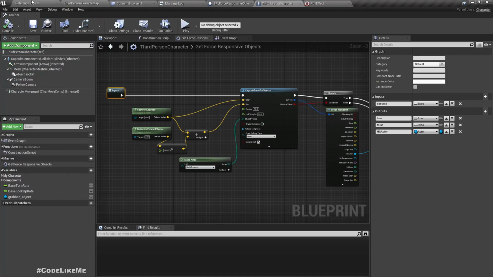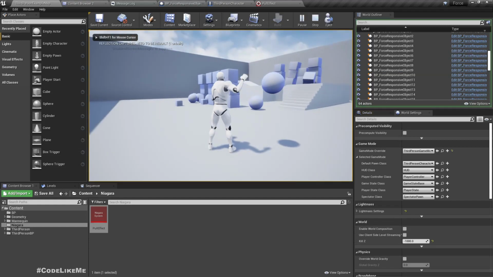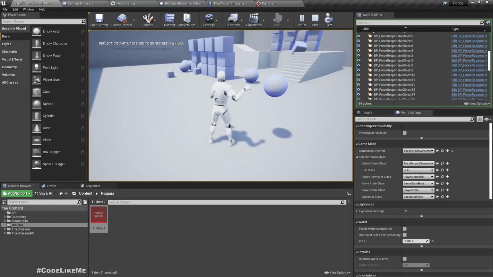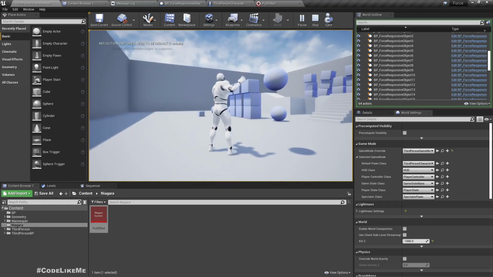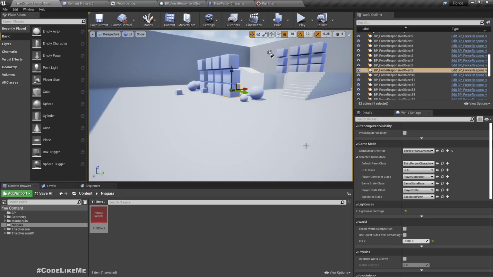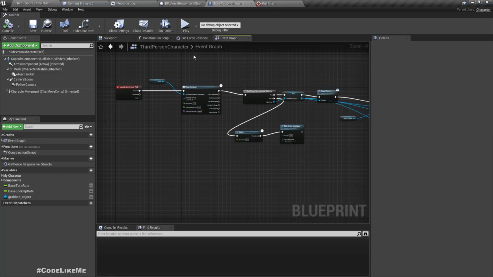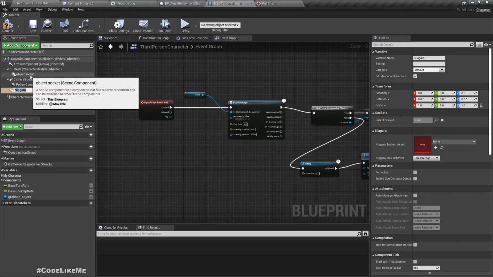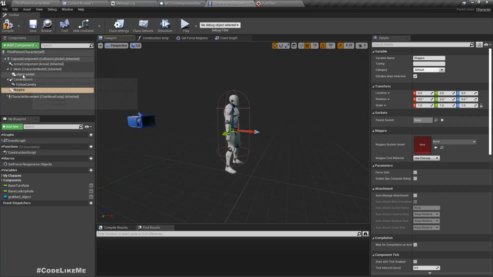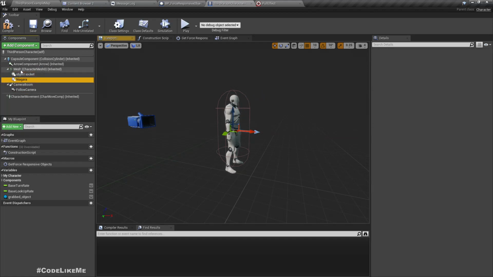So let's go to here. Now what I'm planning to do is, when I right click and attach an object, I'm gonna use that lightning effect, the beam, between the character and the attached object. So to do that, let me open my character, and here let's add the Niagara system. I'll attach it to the, where is the object socket? Here. Let's attach it to the right hand under the mesh,